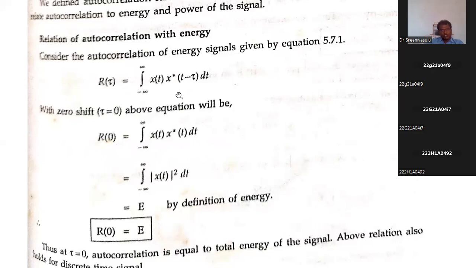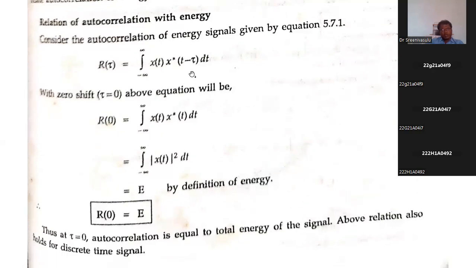Some other variable k. The shifting operation depends upon this value. Or otherwise, we can remember just the difference between these two. The difference between these two: t minus (t minus tau), so you will get tau. No issue with that. One is the original signal, another one is the complex conjugate.